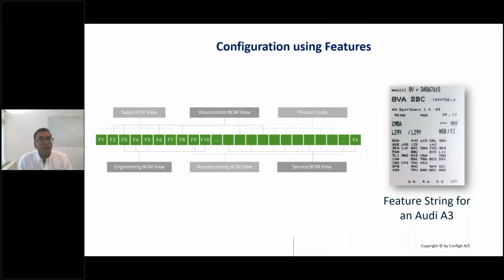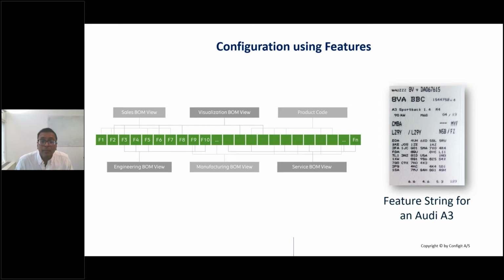Furthermore, the digital configuration thread is based on the concept of taking a feature-driven approach to configuration management. So instead of tracking individual parts, a feature-driven approach tracks the outcome a customer wishes to achieve through their configuration. And this higher level of abstraction allows it to act as the DNA from which all other information can be derived, including EBOMs, MBOMs, and SBOMs. And we store this as a series of feature strings as a part of the digital configuration thread.